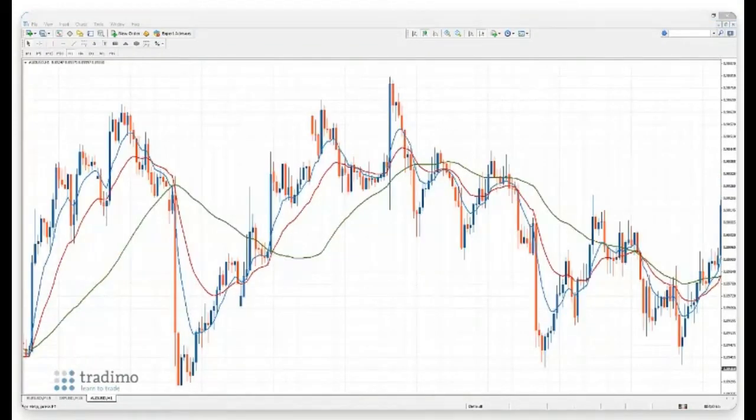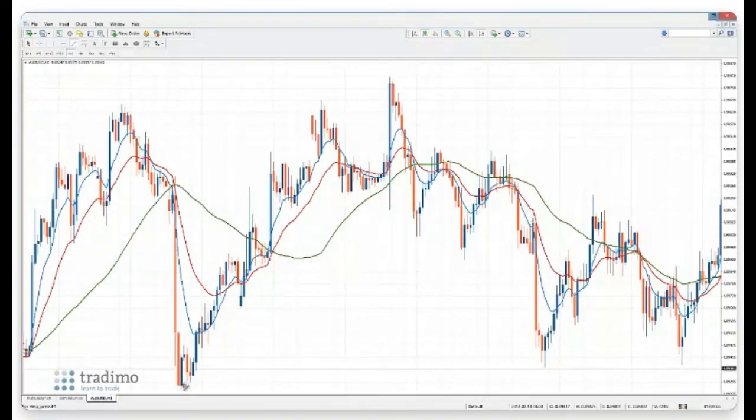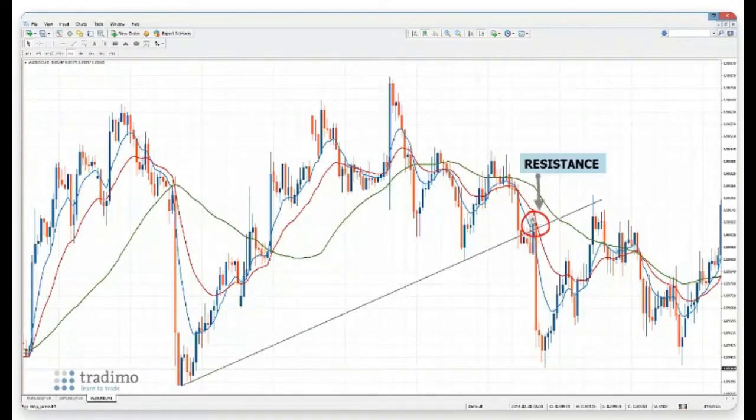Looking at one last example, we can see price breaks down. We have nice angle and separation from the moving averages, and if we drew a trend line from the very low and we just extend it up, you'll see price has 1, 2, 3 hits on the trend line. Price then breaks below the trend line and it now moves back and it finds resistance at the back of